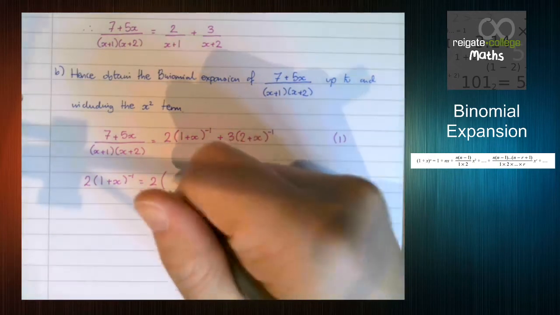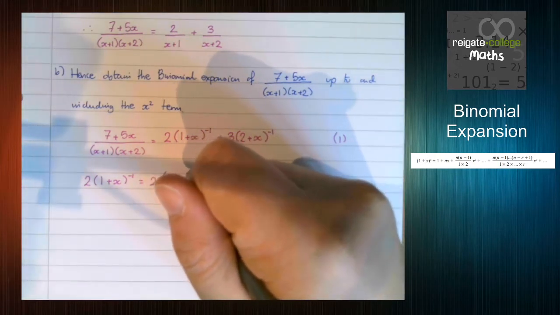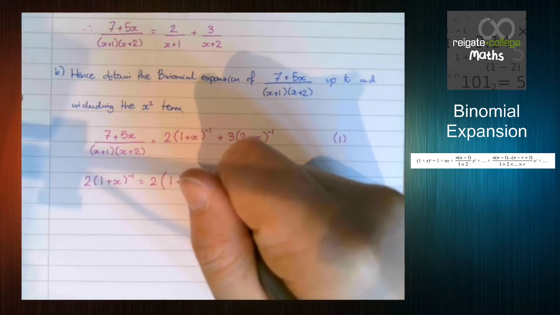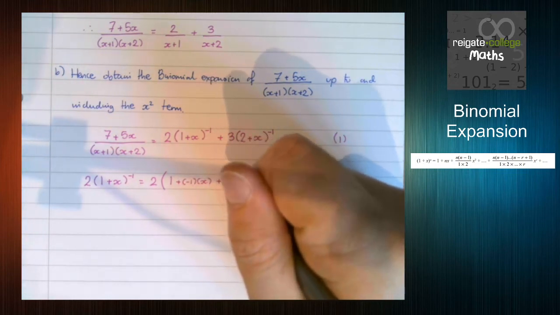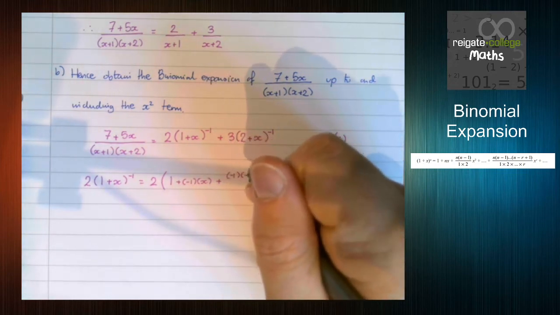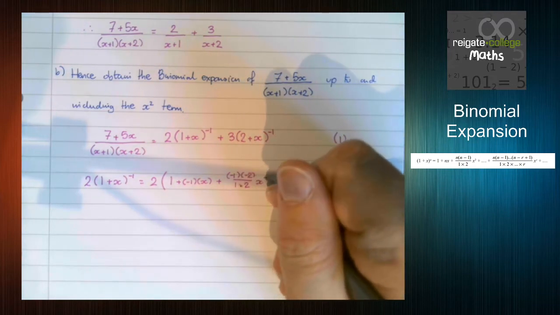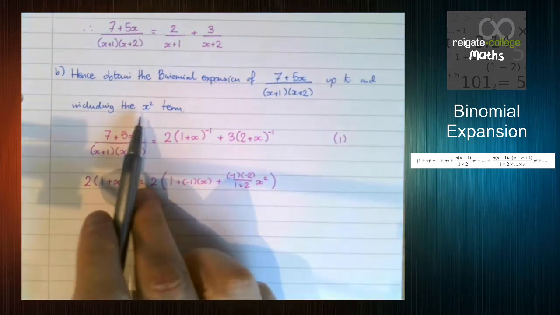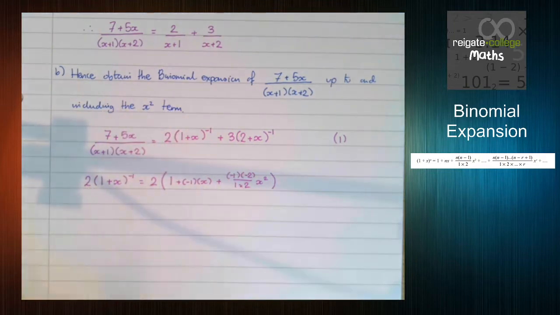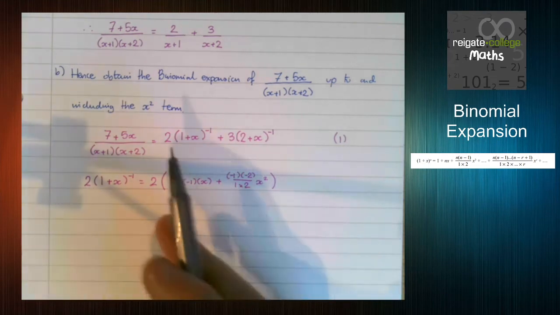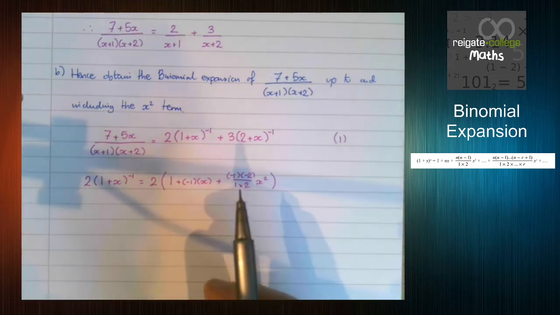And then we've got 1 plus nx plus n(n minus 1) over 1 times 2, x squared. And remember, the question only wants up to the x squared term this time, so we don't need to go any further than that. Now, you could just expand this straight away and do it all in one step, but